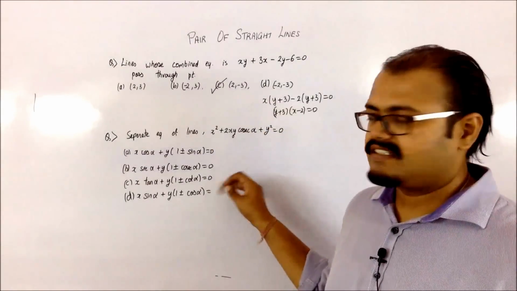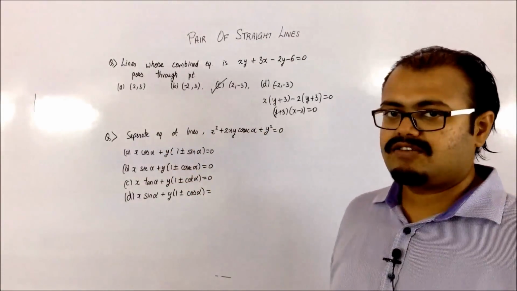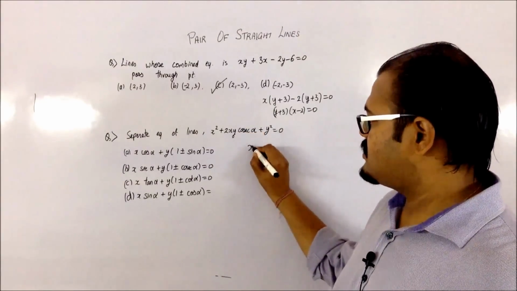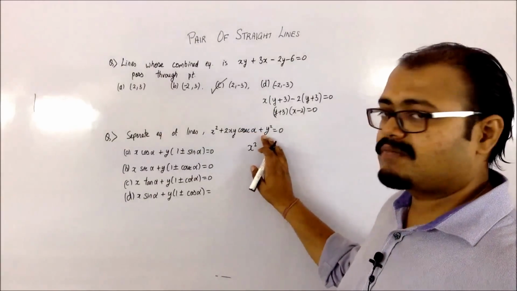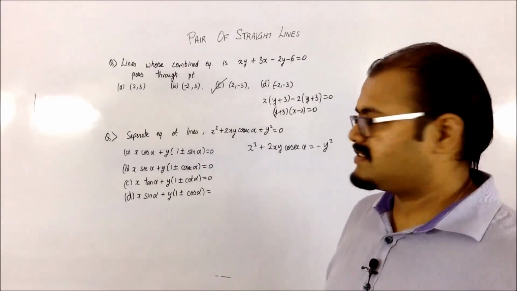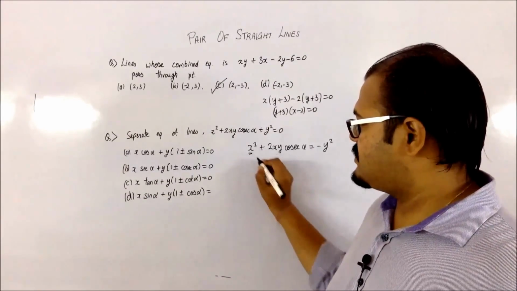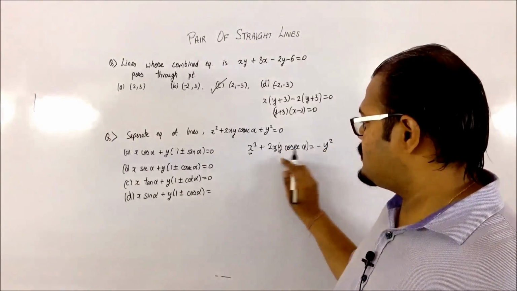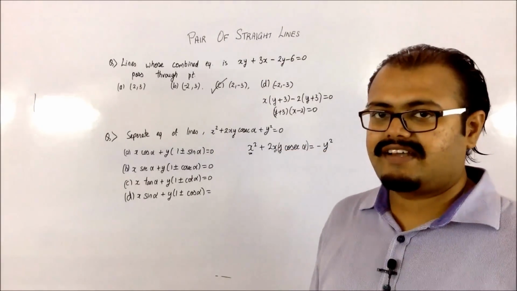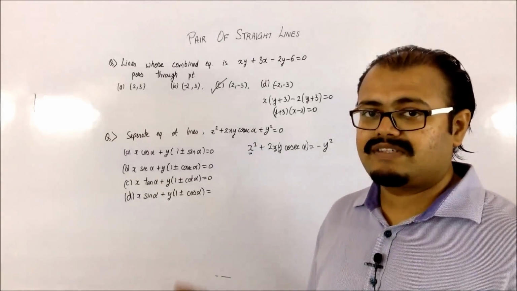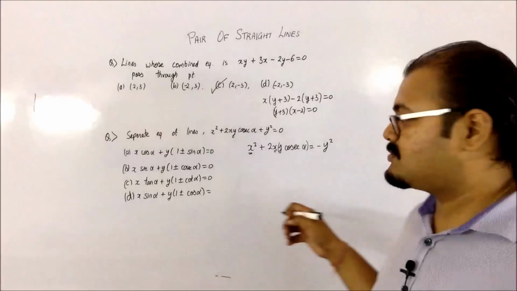In the second question, I have to separate this joint equation. So let me consider that joint equation as it is. And what I'm going to do is take this y square on the other side. I'm having this a term over here, and my b term basically will be y cosec alpha. That a term is basically for the a plus b the whole square, so I'm trying to make that a perfect square.